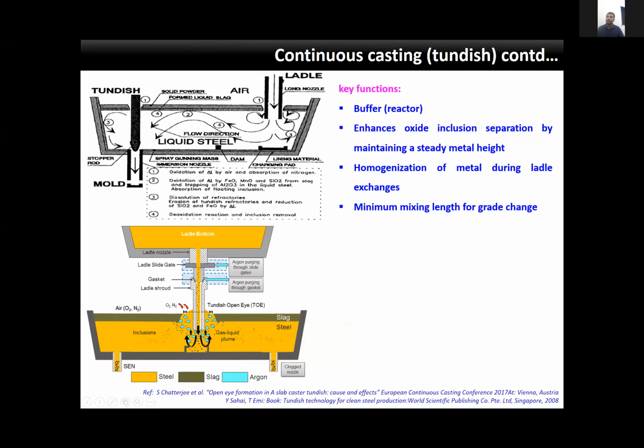You can see the metal will come from here, and then it will pass through a significant distance and then reach the mold. If you increase the residence time of the liquid steel inside the tun dish, then you get enough chances for the non-metallic inclusions to float up. If it is reaching here, then the time spent in the tun dish is very less. So these aspects can also be optimized using the physical technique, and this has also been addressed by several researchers.